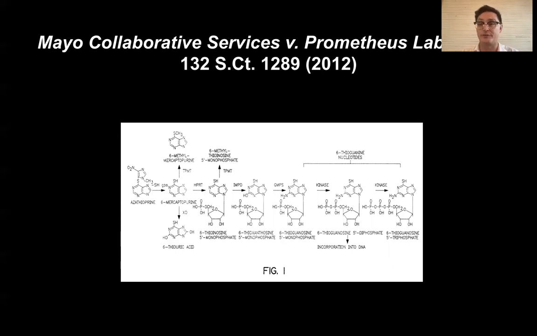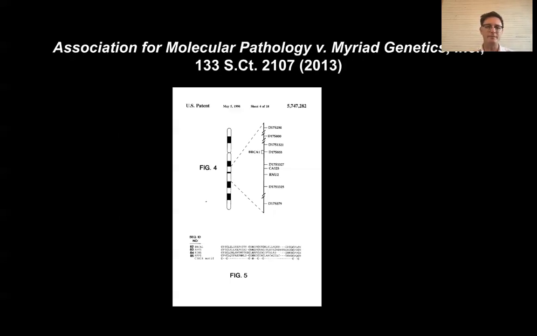That's excluded from the scope of patentable subject matter. There's got to be something else going on in your invention or discovery in order for it to be the subject of patent protection. Moving on, in Myriad Genetics, the question was whether or not Myriad could claim patent protection